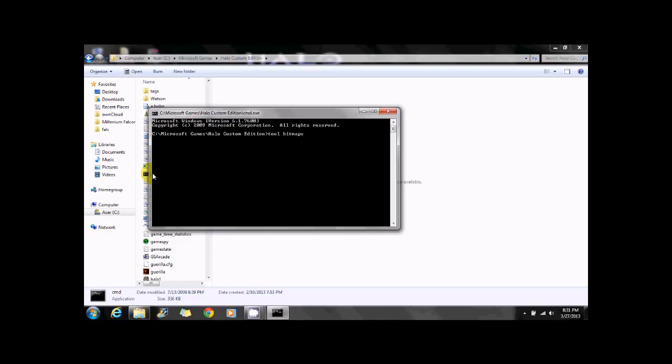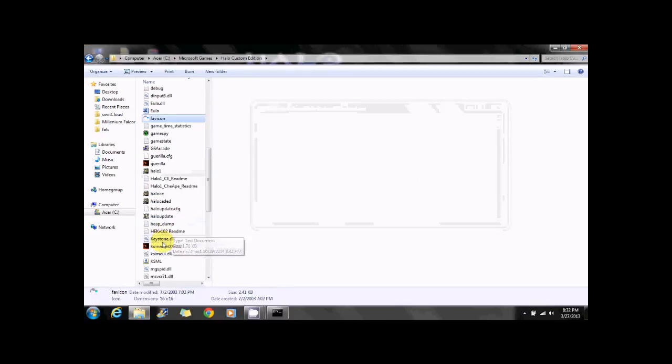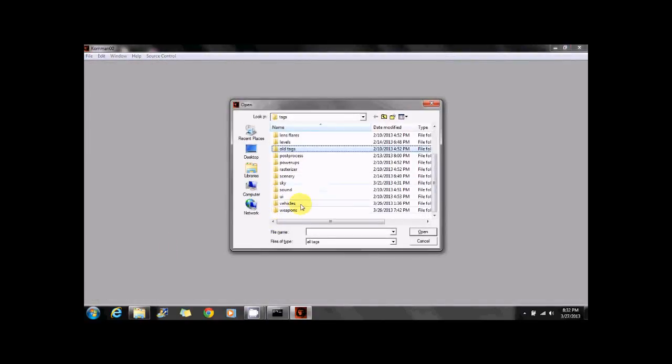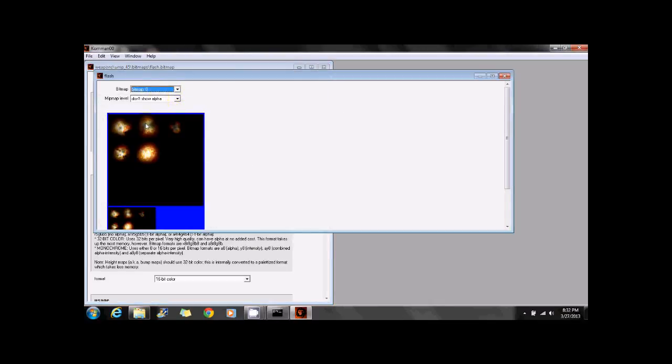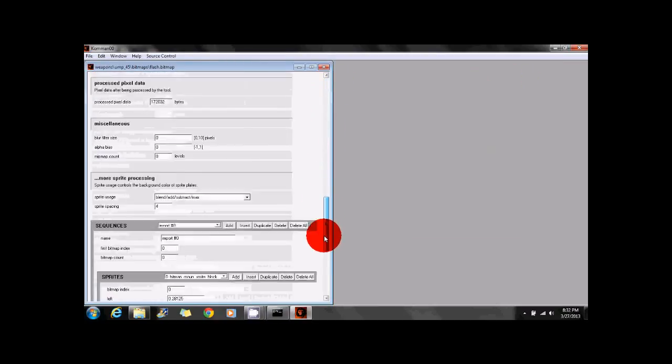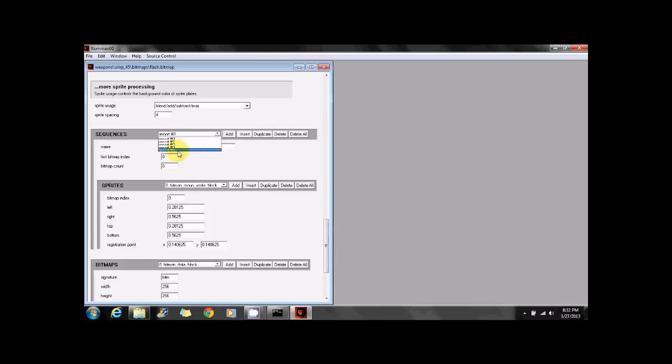Okay, now you can close that for now, and you're going to want to compile your bitmap. Tool, bitmaps, weapons, UMP45, bitmaps. Alright, that compiled successfully. Now go ahead and open up Gorilla again and navigate to your tags, UMP45, bitmaps, and go ahead and open your flash bitmap. Now you can see it here. It's compiled it into one 256 by 256 bitmap,